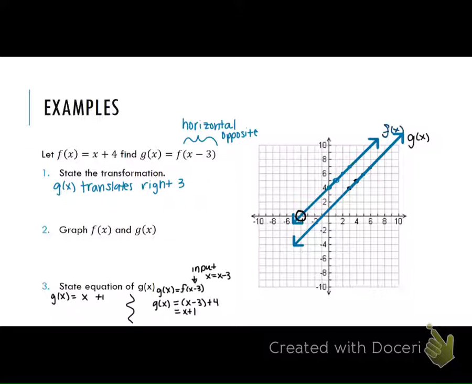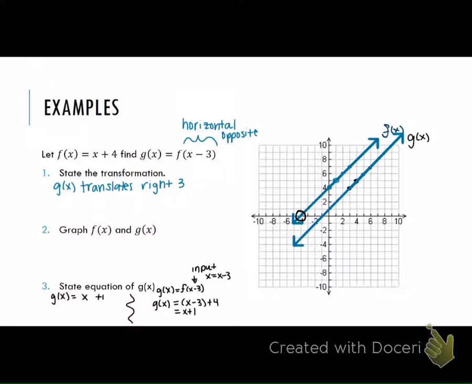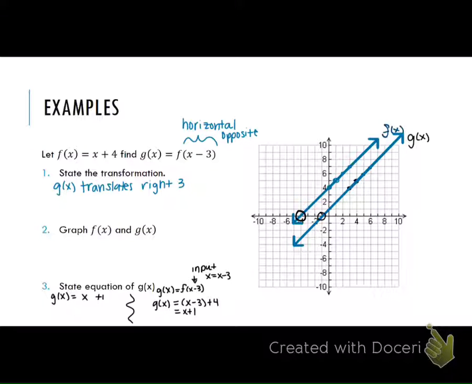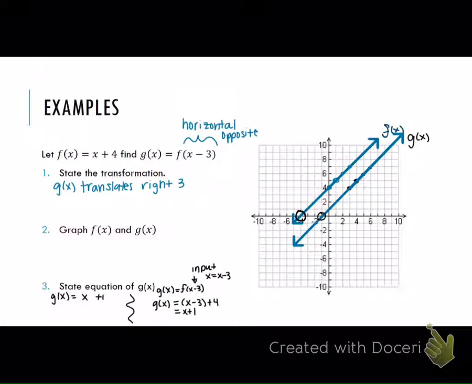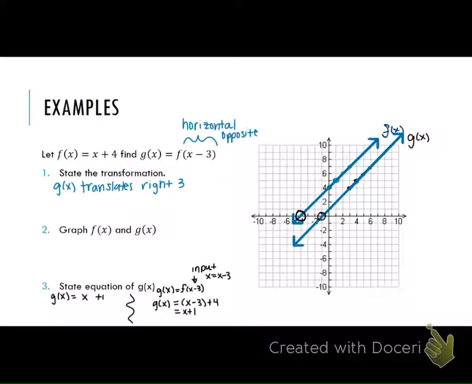Yeah. So do you guys see how we're looking at the intercept? So we're not looking at the y-intercept for this one. We're looking at the x-intercept for this one. So even though the y-intercept did change, I do see that. We're looking specifically at the horizontal shift because it's a horizontal shift we're looking at here. So do you see how it moved from -4 to -1, which is right 3? Okay,